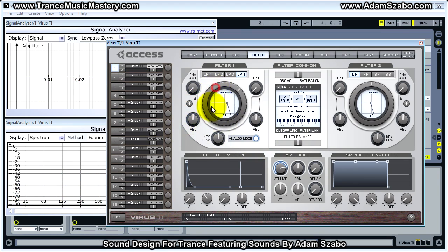So if we wanted to, we could bring cutoff here and then apply some modulation via the filter envelope, and then have velocity modulate that envelope amount. So the harder I hit the key, the higher the envelope amount will go. Reset those to 0. And then the filter routing, we can just have the signal go through filter 1, or